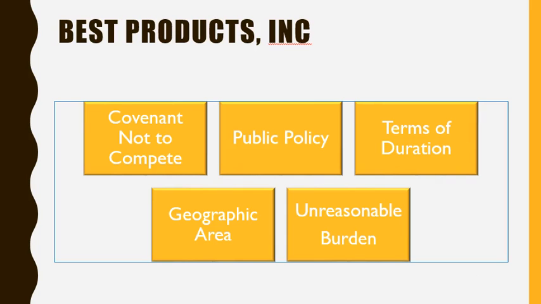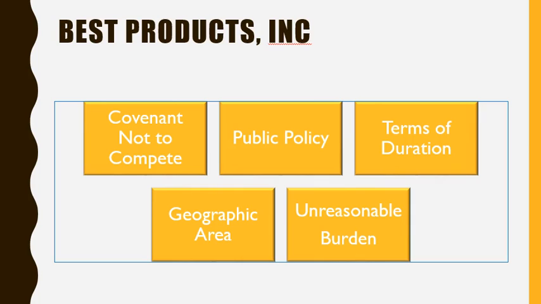Now let's look at the next question, which is the Best Products Inc. question. This question is asking about an e-commerce strategy for marketing Best Products. Cole signs a contract that includes a clause prohibiting him from competing with Best during and after the employment. Before the strategy is implemented, Cole resigns from Best's employ and opens a business to compete with Best.